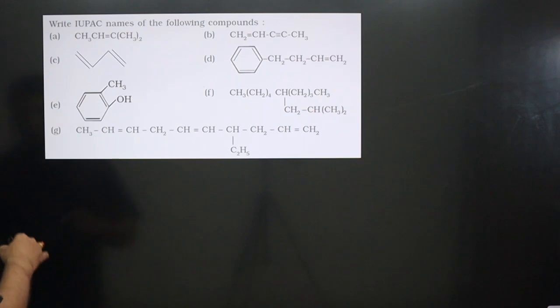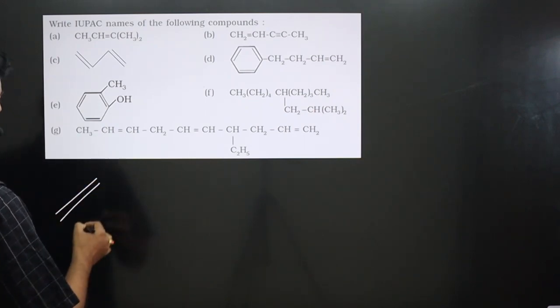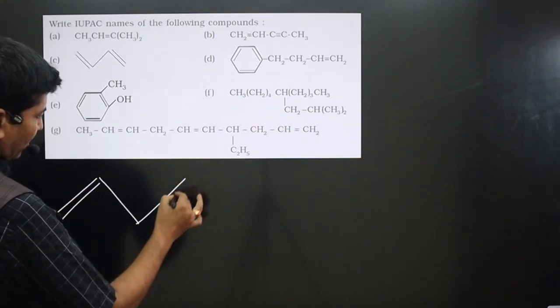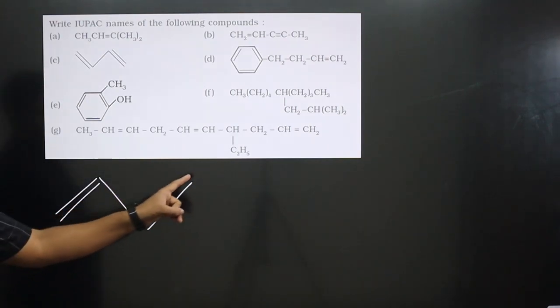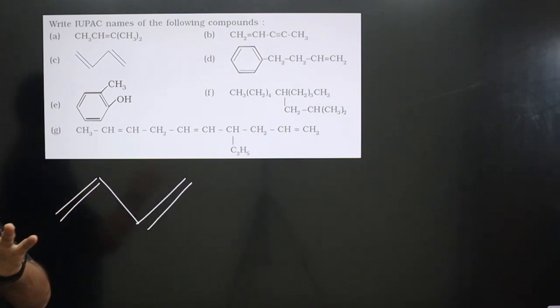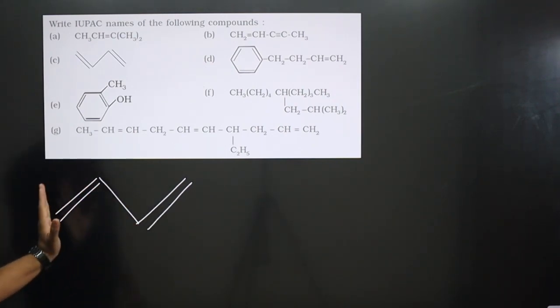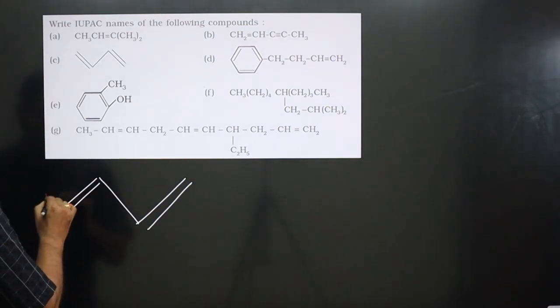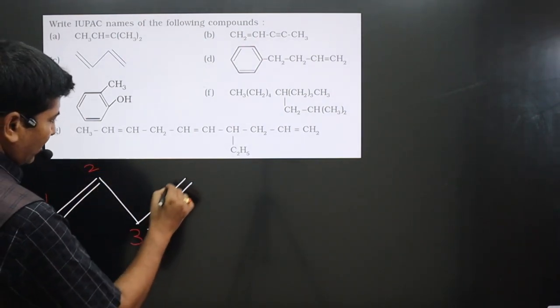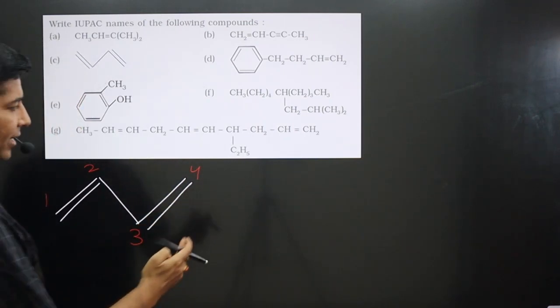In this case you can see it is the line structure we have, no problem at all. Okay, so you can see we can do the numbering from this side or this side. The double bond is present at the terminal carbon, this side also, this side. So from either side we can do the numbering. This is the first carbon, second carbon, third carbon, or fourth carbon. If you want to write, you can write like this: